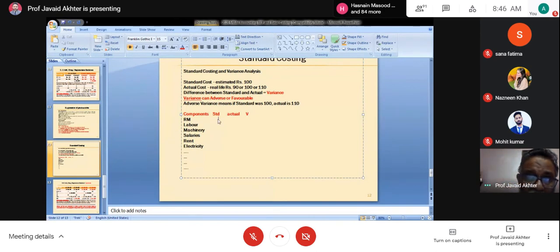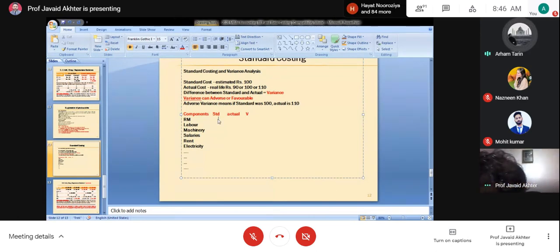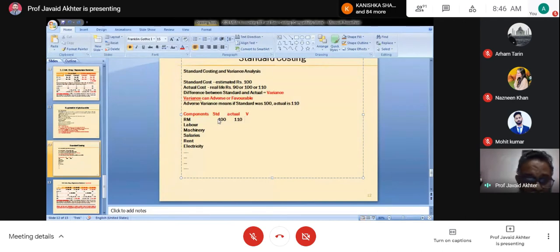Suppose standard machinery is... Sorry. Is machinery considered as cost as well? No, I'm just saying. I just noted whatever you have said. I'm trying to explain to you further about the standard costing. Suppose here standard was 100 and our actual was 110. Our variance was 10 adverse. Then we come to this. It was 100, it was 90. It was 90, it was 80. It becomes 10 favorable. Likewise, the table may continue.